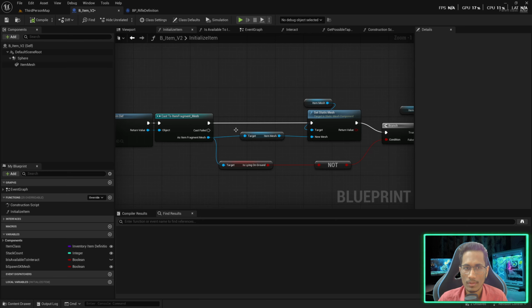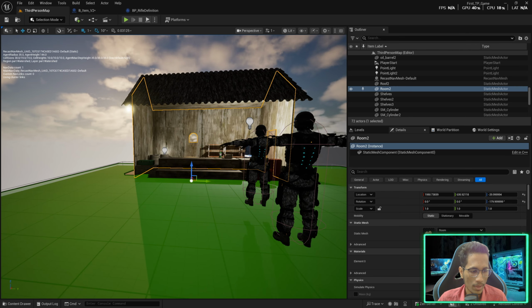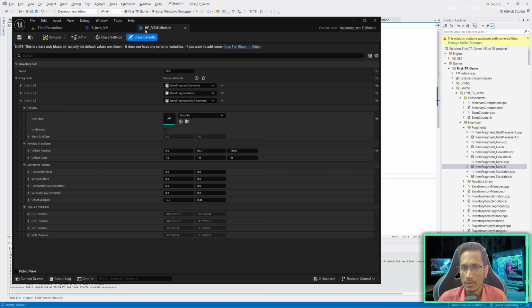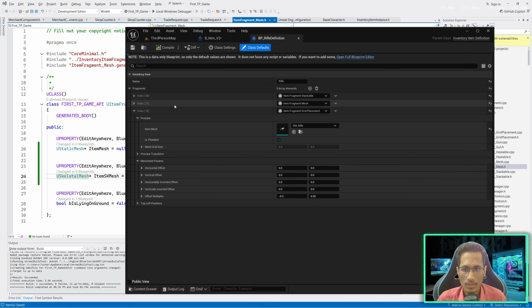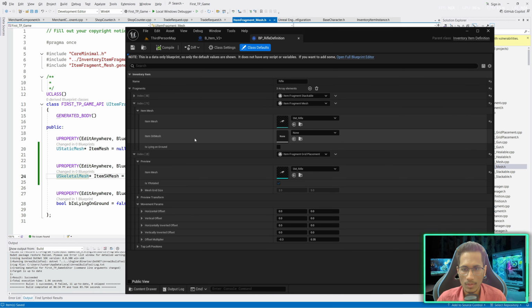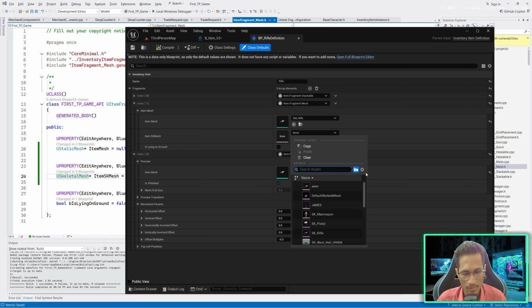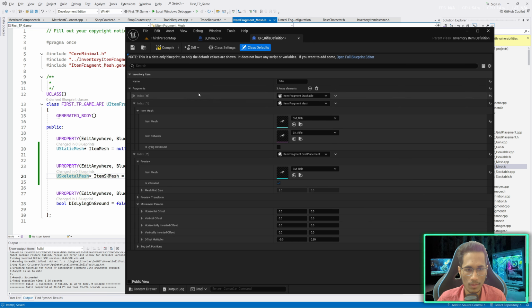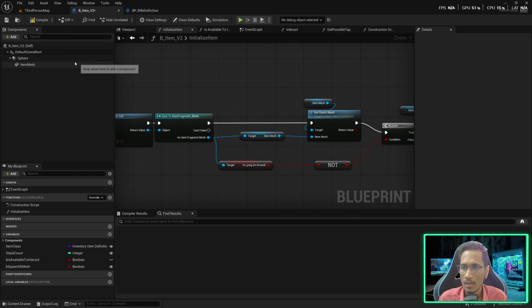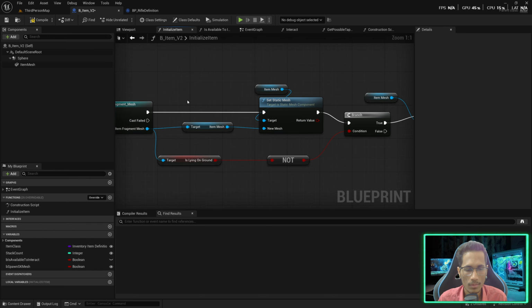All right, so let's go back, hit the live coding again. Okay, once it is done, you can go to your rifle mesh and let's go in mesh. You can see you have the skeletal mesh option as well. So now I can put my rifle here. Okay, save and compile. And in the V2, here in the mesh fragment, what I'll do, I'll go for a